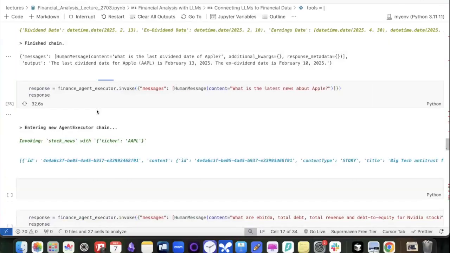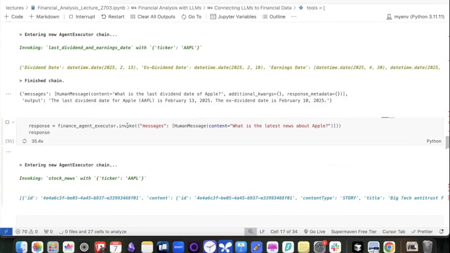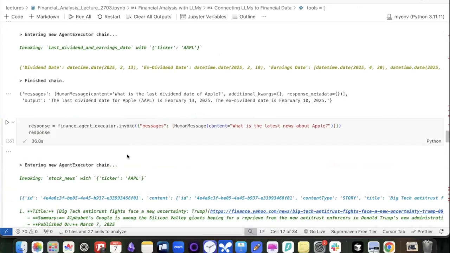So the idea is, you might ask me, okay, there are 8 different tools. How did the agent know to use that tool? That is the benefit of using AI. For AI, you don't need to instruct it what to do. You just give it access to tools, you just give it whatever data you have. These GPT models and these LLMs are intelligent enough to understand what you are asking.